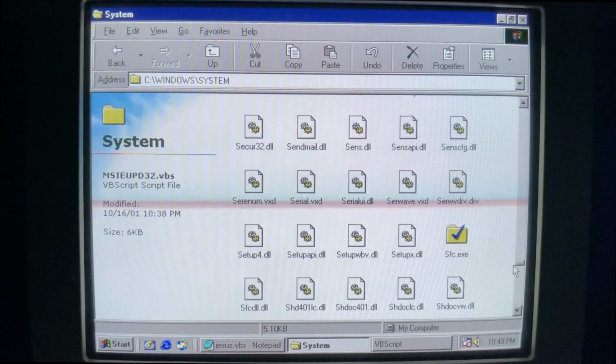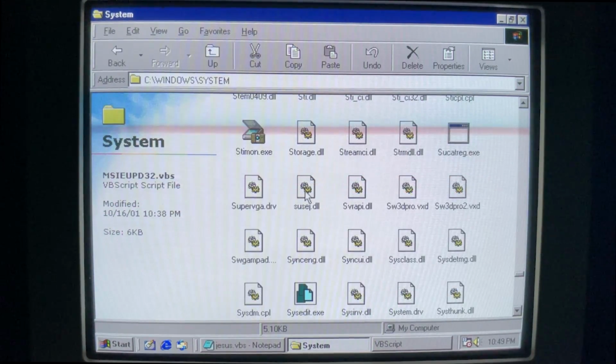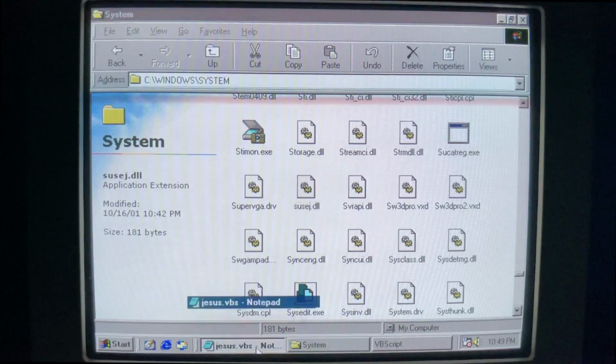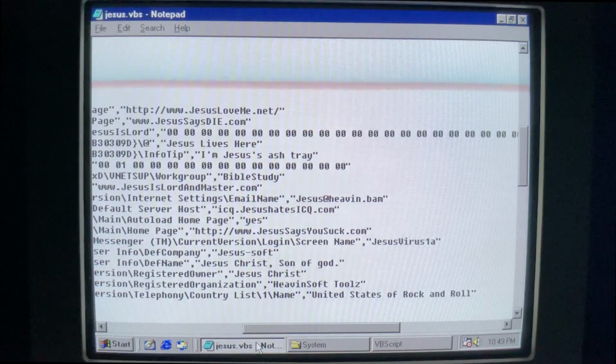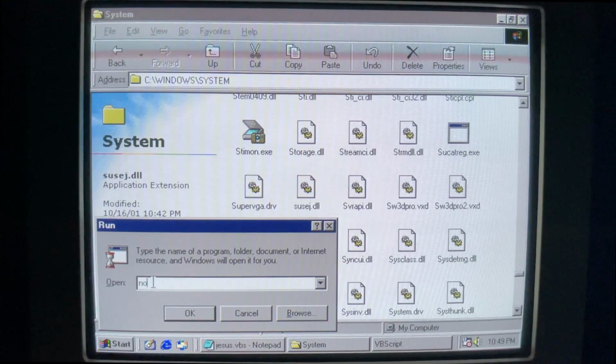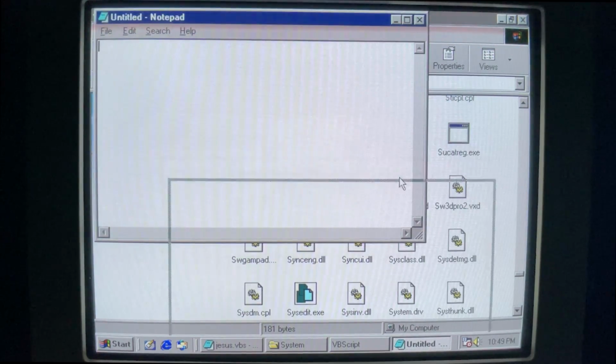something that we'd only discover by snooping in the code of the Visual Basic Script. We've got sausage.dll, which is, of course, Jesus backwards. Oh, it doesn't like Control N. All right, let's run Notepad and drag that in there,